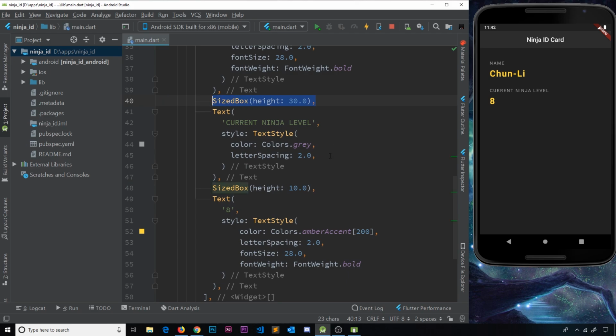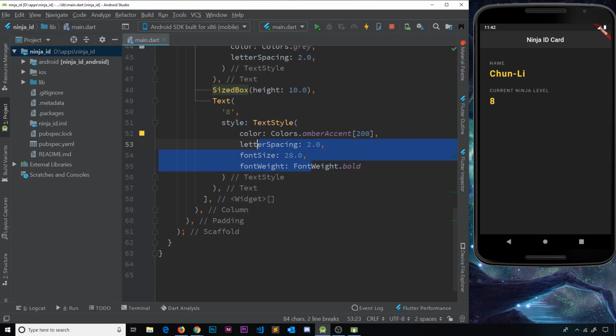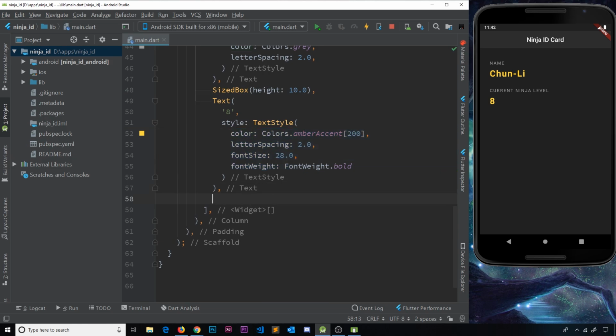So let me grab that and bring it down here. I'm just going to scoot this in as well. And after the text widget over here, I'm going to do this sized box, and that is going to give us another 30 pixels of space after this 8 before the next thing starts. Now, the next thing I'd like to do is create maybe a little icon, which is an email icon, and then put the email address of this Ninja next to the email icon,